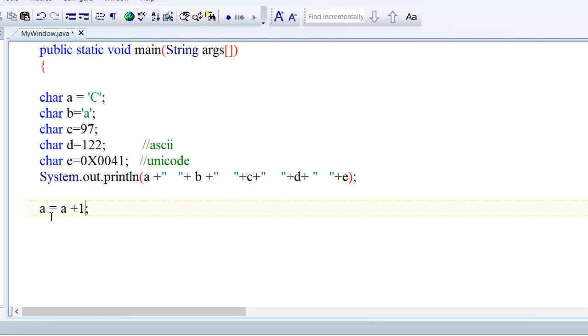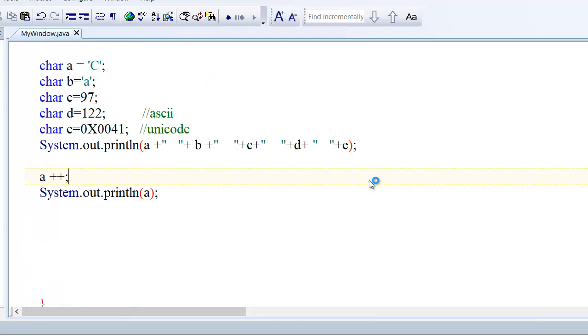C plus 1 is D. Yes, because how is it possible? Because it treats these not as single characters, it adds with the ASCII value. It adds its value with the ASCII value. Let us check this. System.out.println and A. Okay, so now we are getting the result.